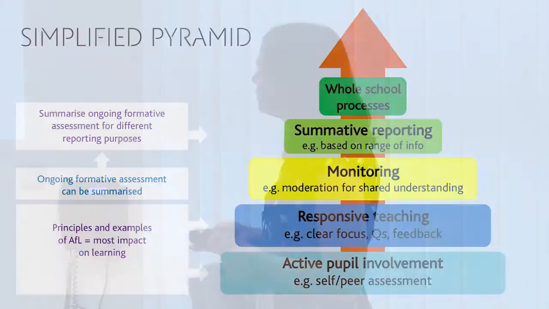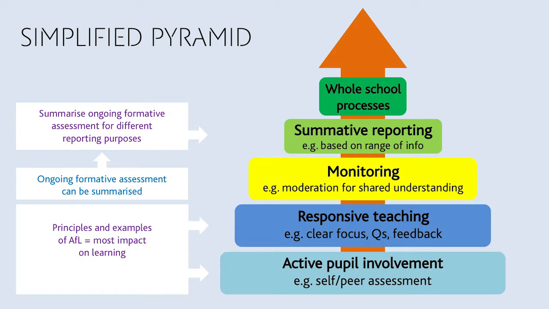So we've ended up with a simplified version of this pyramid. We've got both versions going where you can click on the boxes and it takes you to examples. The assessment is based on whatever's going on in the classroom. So you're looking at really focused activities, focused teaching, clear learning objectives and active pupil involvement. So the pupils are really actively involved, self-assessing, peer assessing. They know what it looks like to get better at it.